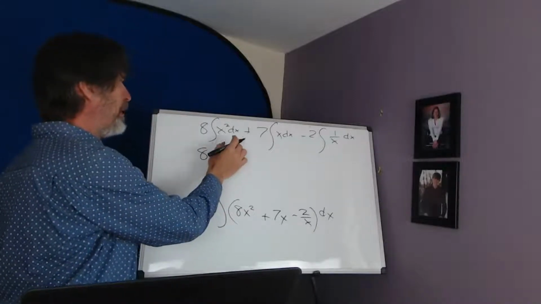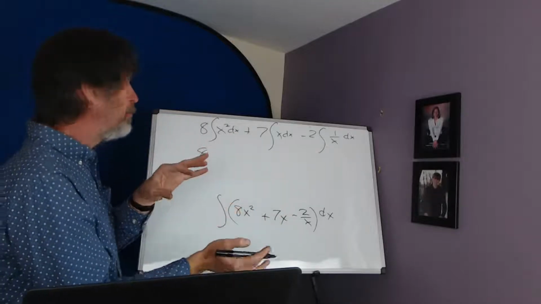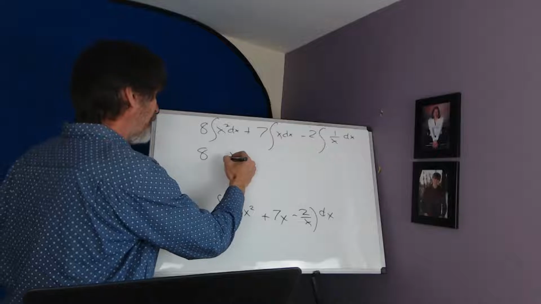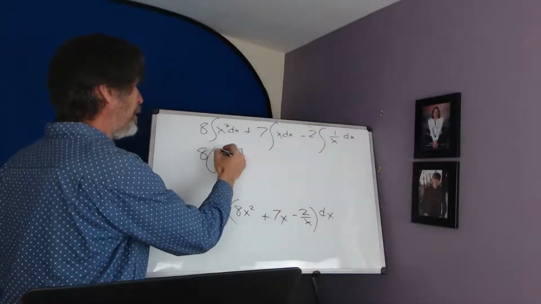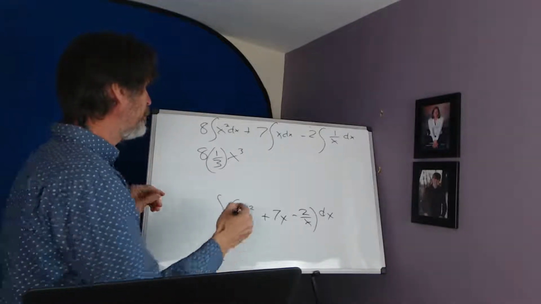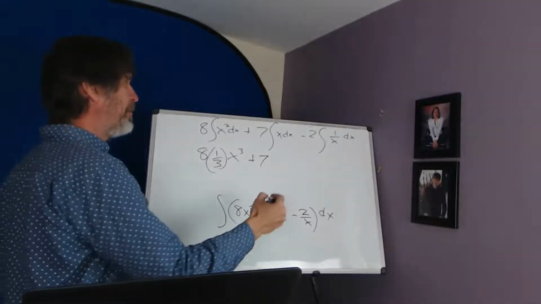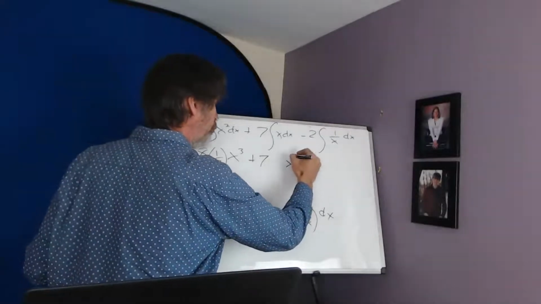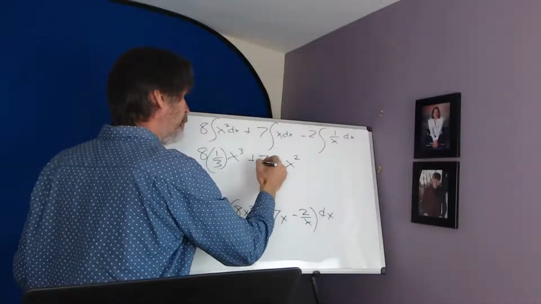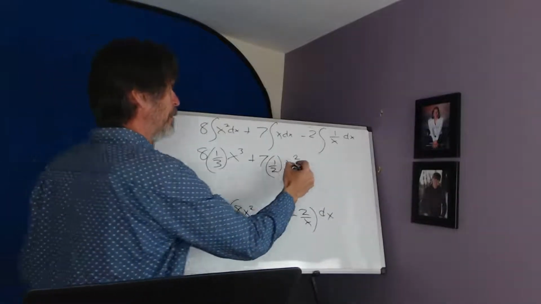Now I'm ready for the power rule for an antiderivative, which is sort of the inverse of what we did before. Keep the x, raise the power by 1, multiply by the reciprocal of the new power. There's the first term. Keep that plus sign, keep the constant multiplier. Same thing here. Keep the x, raise the power by 1, multiply by the reciprocal of that new power, minus